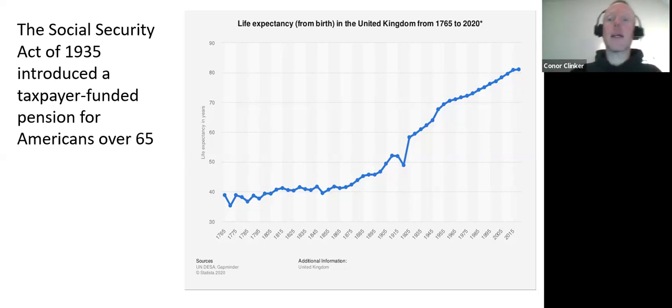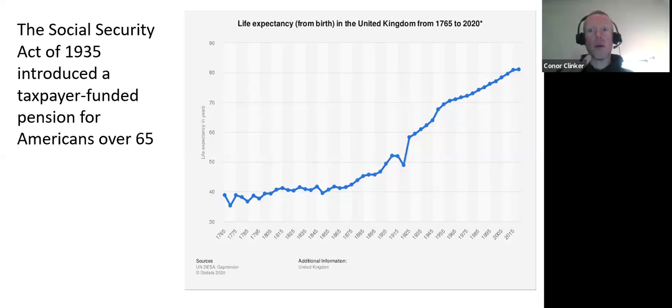So, what's the problem now? It's a good problem to have. Life expectancy has gone up radically. Life expectancy now in this country is very generally ballpark figure 80. So when Social Security programs started, the average American was going to pay in but never collect because they died before they were eligible. Now the average American is collecting for 15 years, right? So eventually it will run out of money unless we change one of two things.